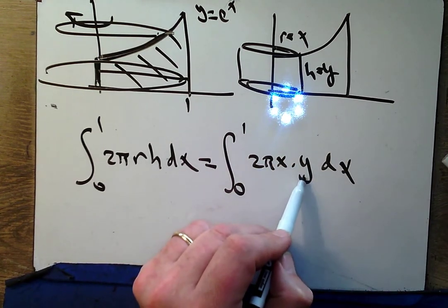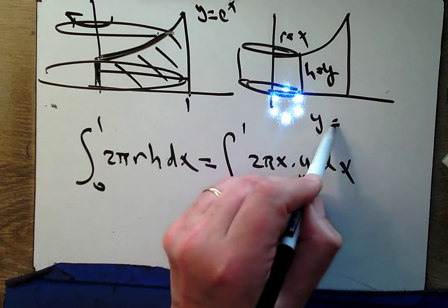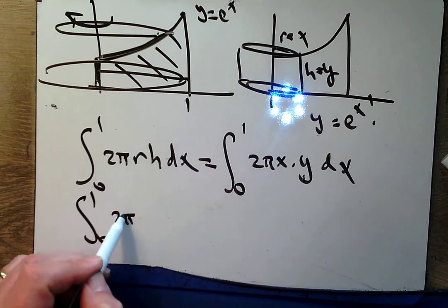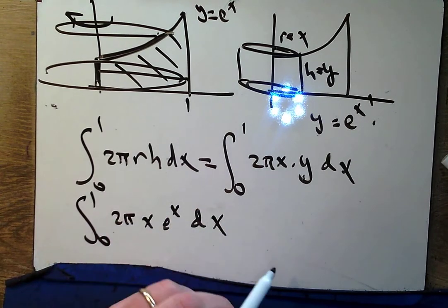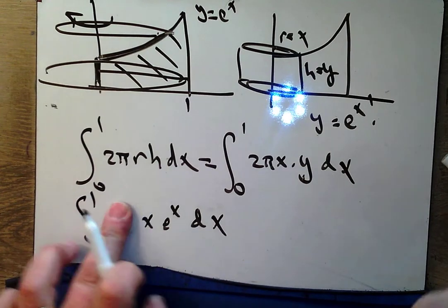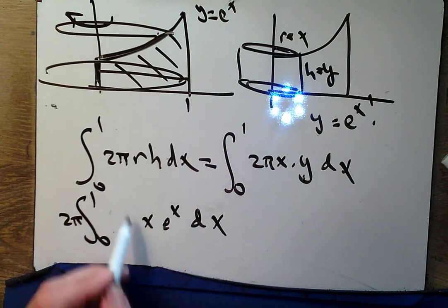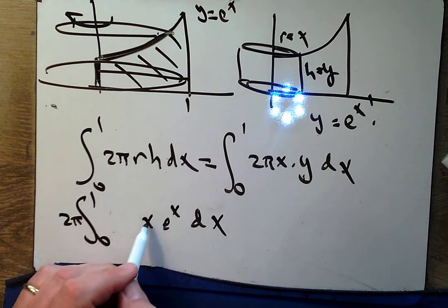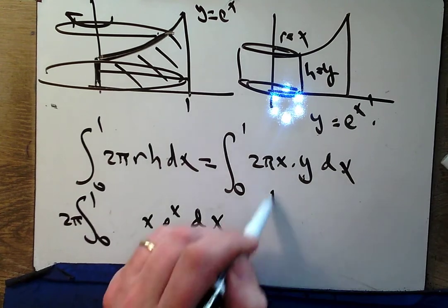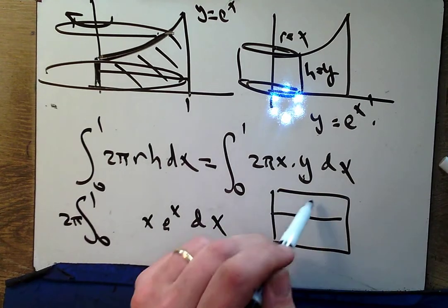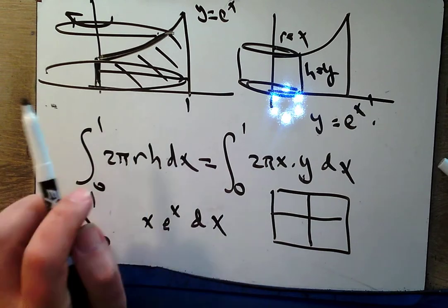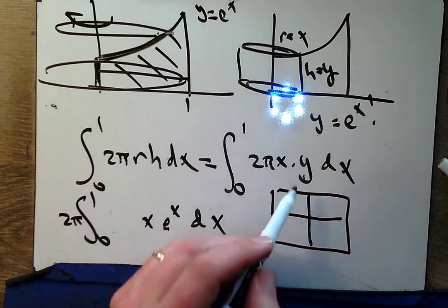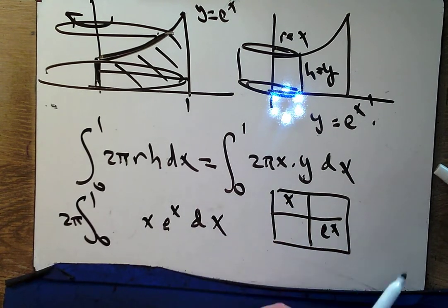Okay, so I've got to get rid of that. Oh, but I know that y equals e to the x. Aha, so this is going to be 0 to 1, 2 pi x e to the x dx. And even if I take that 2 pi out, I'm still looking at something that's a little uncomfortable. I see a function and someone else's derivative. And that tells me that even though this is a much easier problem than doing it with disks and washers, I still have to do some thoughtful integration. So I'm doing by parts here,